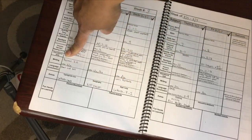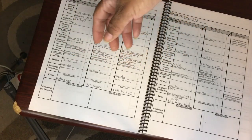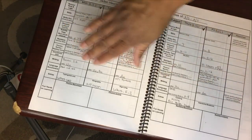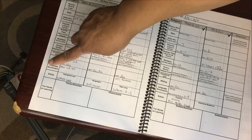If we have time, we'll do an educational DVD, so he could do Leapfrog, Letter Factory, or something like that. And then we'll just put them here, which they didn't do any videos that week. We just kind of focused on just trying to get the lesson plans and get them going. And then